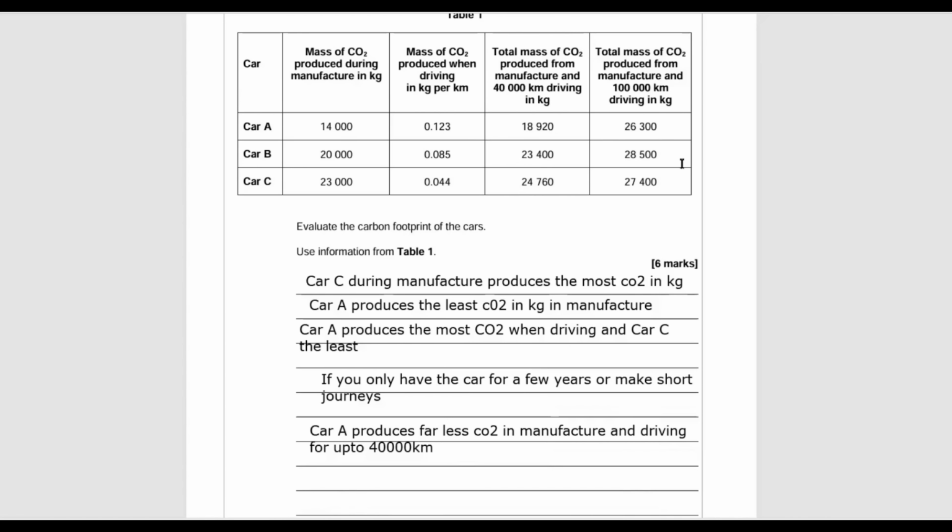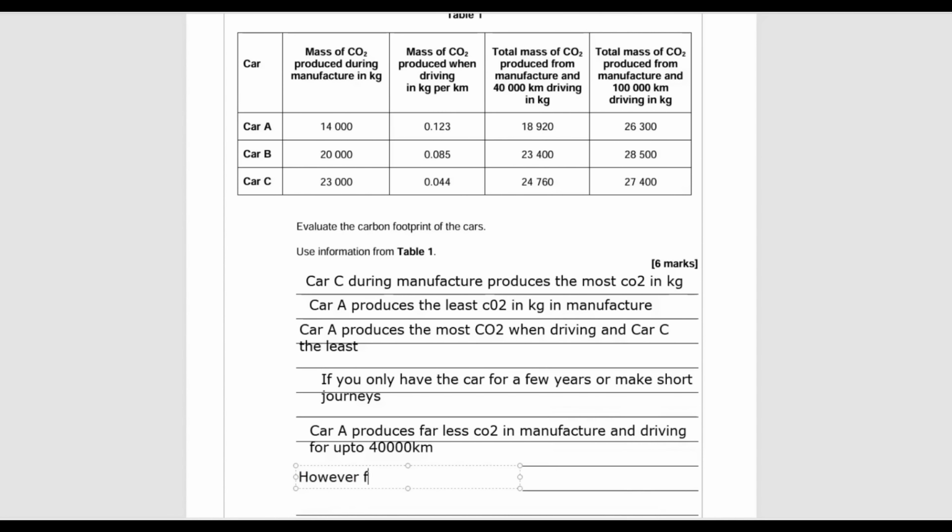However, if you're using the car on long journeys, we start to see that car C is becoming a much more viable option, because the increase from 40,000 to 100,000, so you're doubling the distance. With these guys, you've gone up like 30%. With this one, you've only gone up like 10-15% in CO2. So we can presume from that if you went to 150,000, this would be the best. By that point, it would give out the least CO2. So I would say,